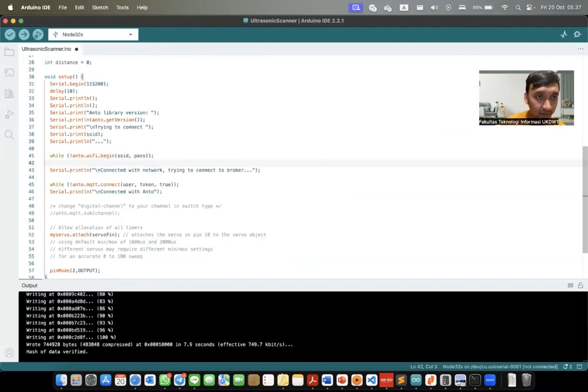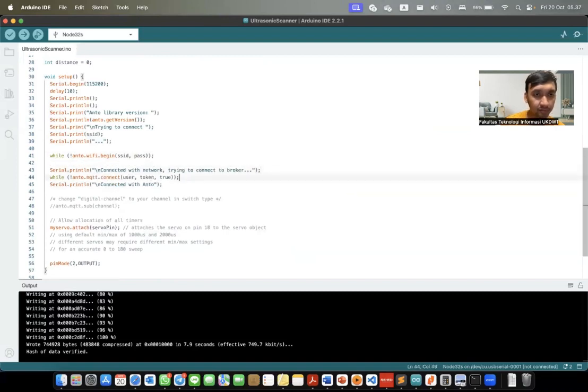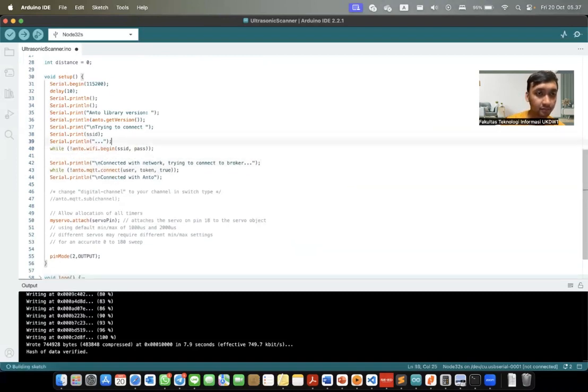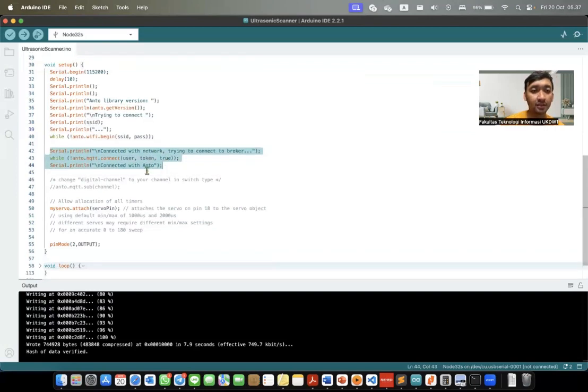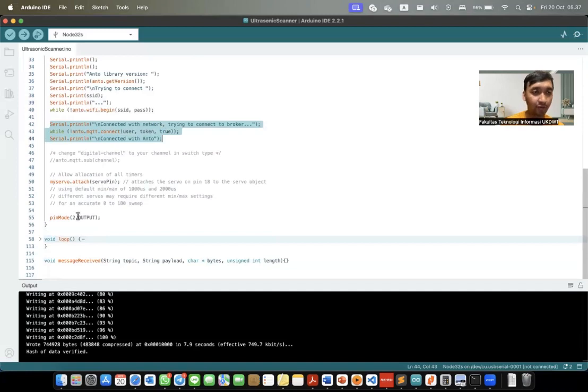This is for the connection: trying to connect to the SSID for the Wi-Fi connection, and after the Wi-Fi connection succeeds, we continue to connect to ANTO. After success, we can run our program.